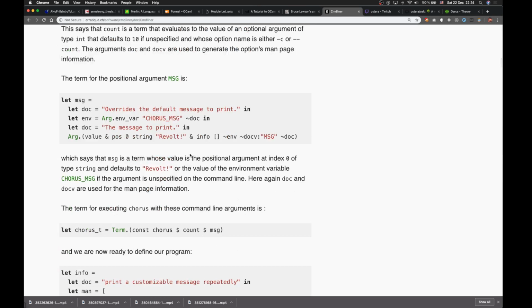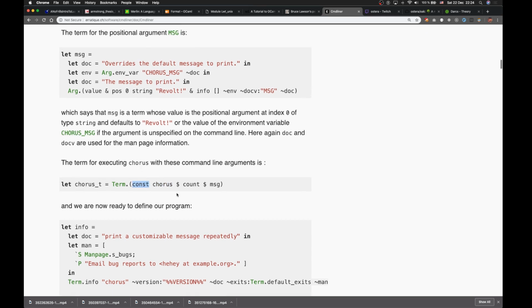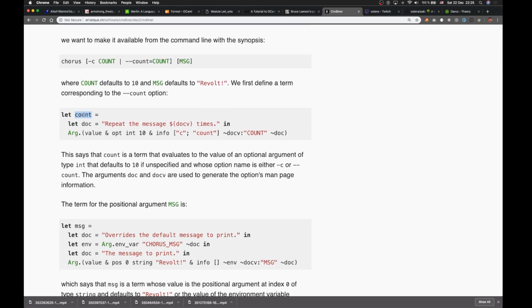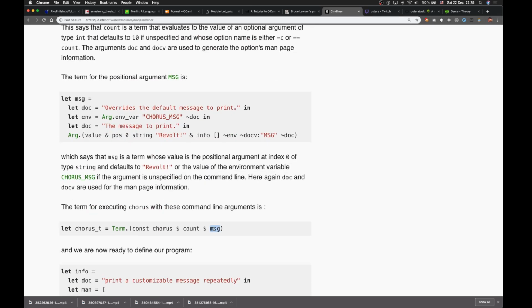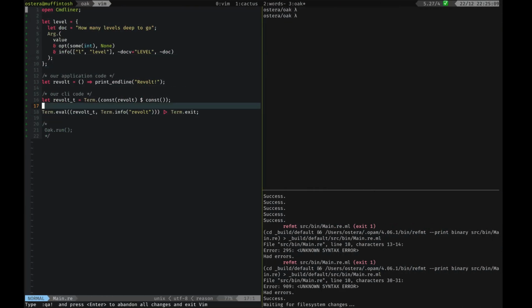All right, so now we will skip the message for now, and we will say, all right, just like we did before that we lifted our function into a const, this seems to be just appending the count, which we defined all the way here, right? And then the other parameter by using the apply symbol. So maybe we just need to do level here. And if we save that,